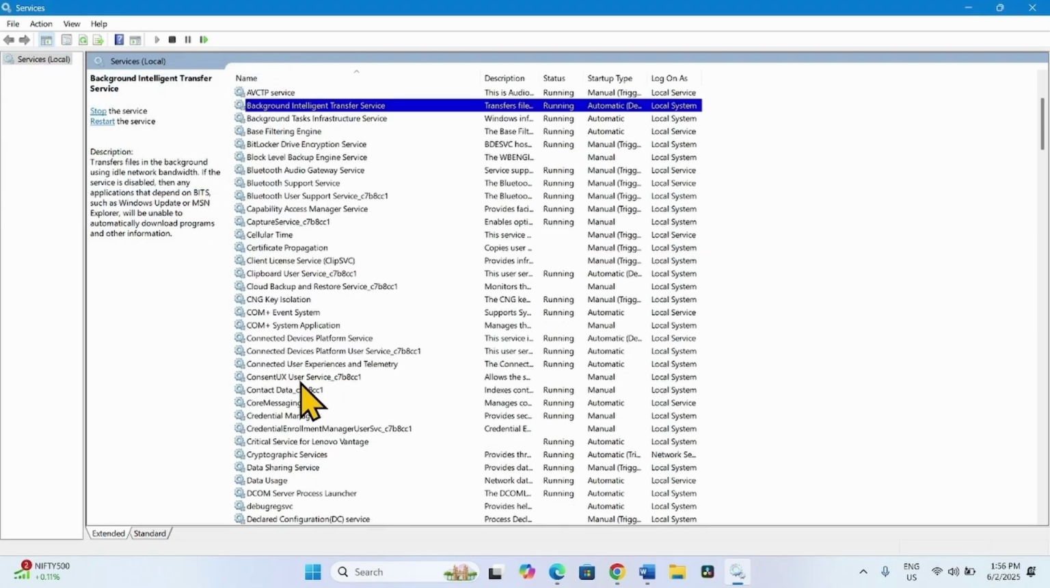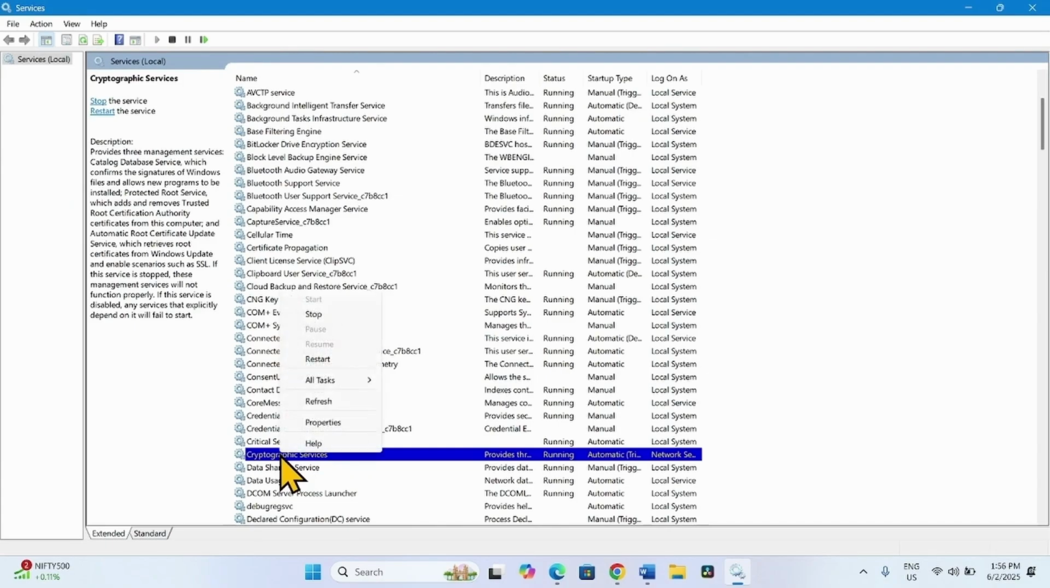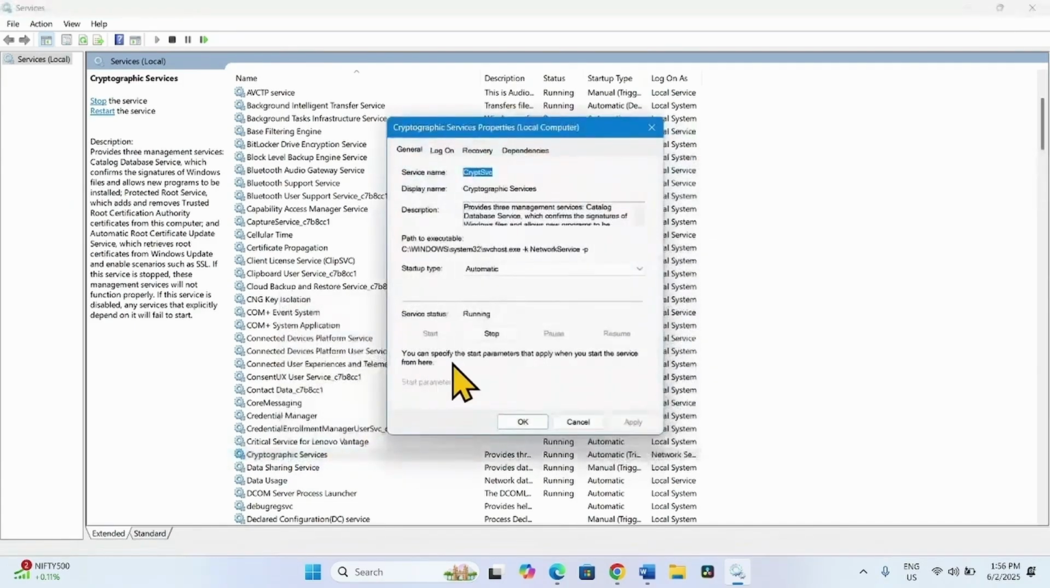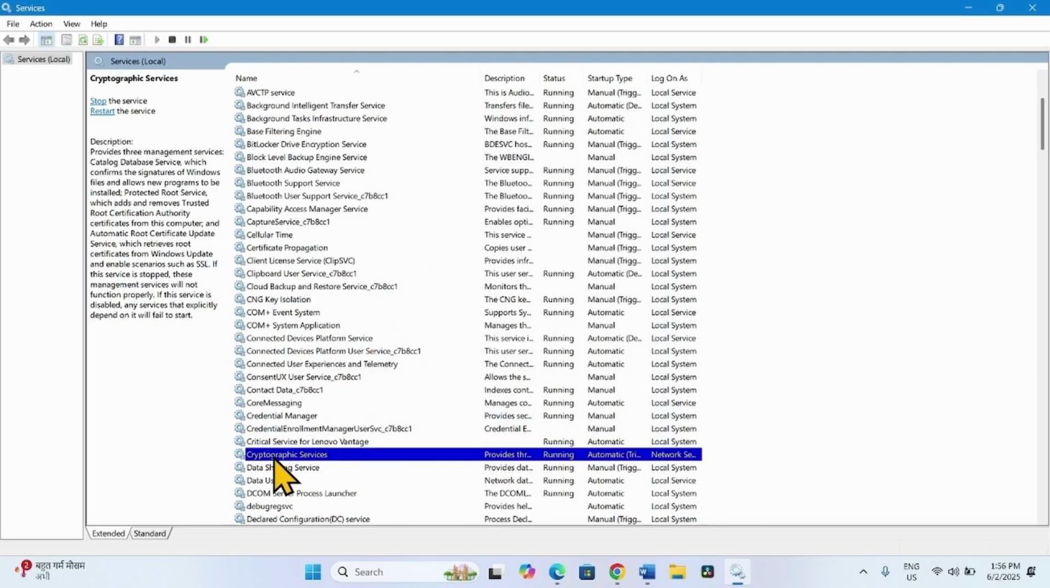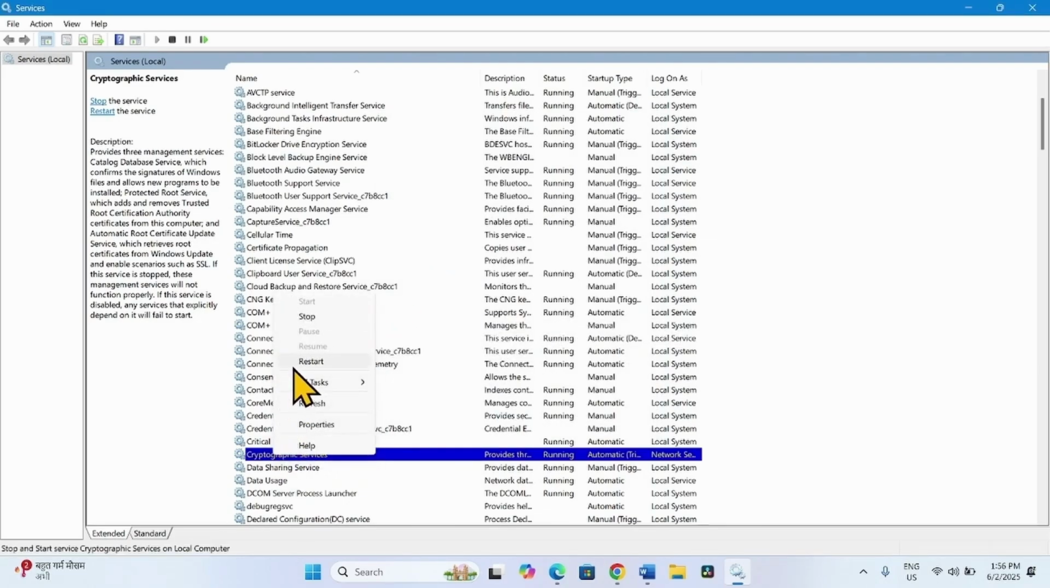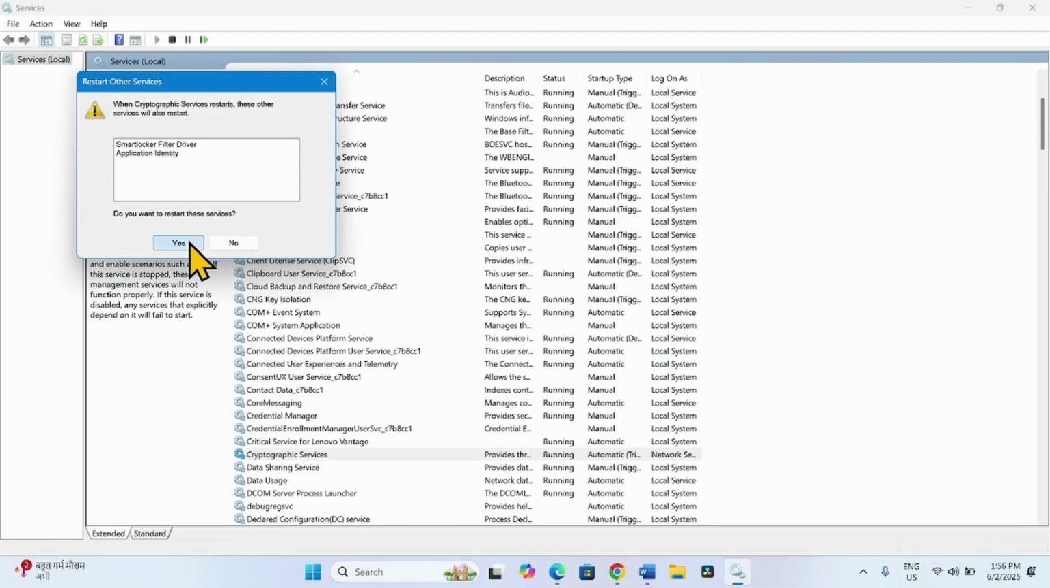Then look for cryptographic services. This one, right click, select Properties. The startup type is already automatic. Service status is running. Nothing needs to be changed. So click on OK. Right click on cryptographic services, select Restart. Click on Yes